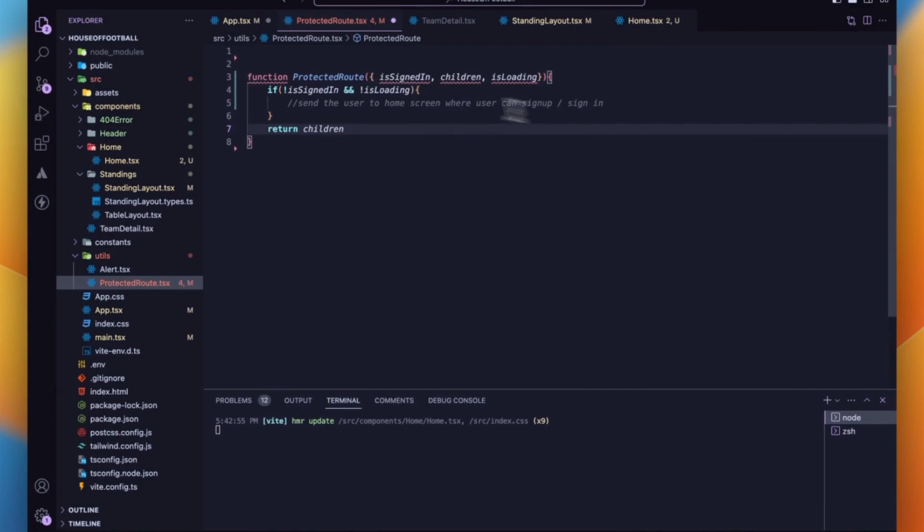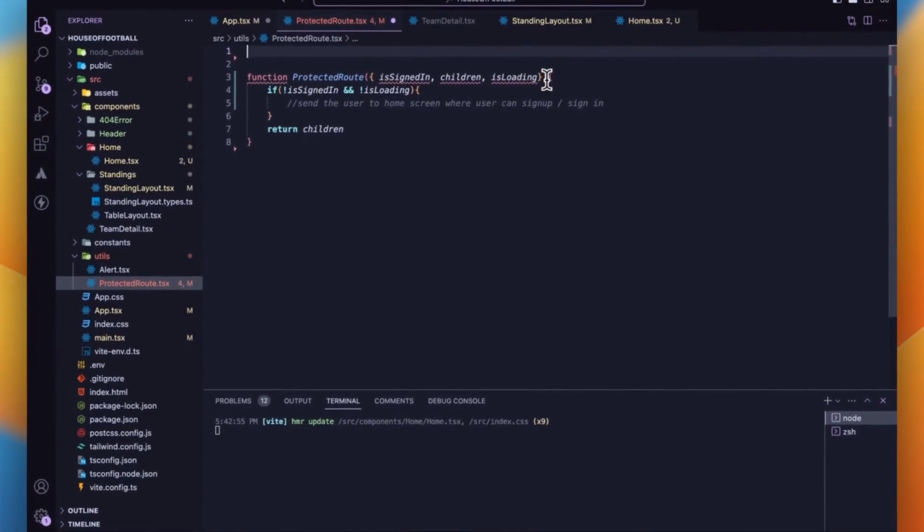So here I need to import it. I would import Navigate